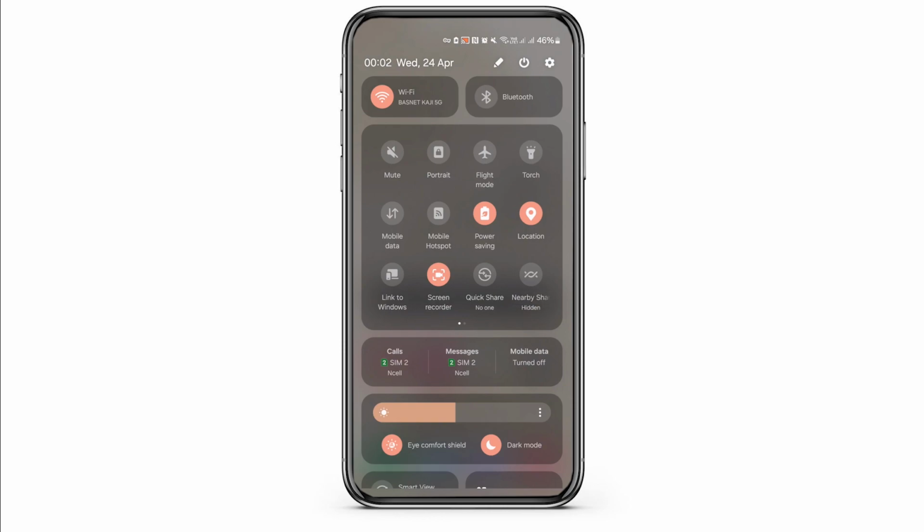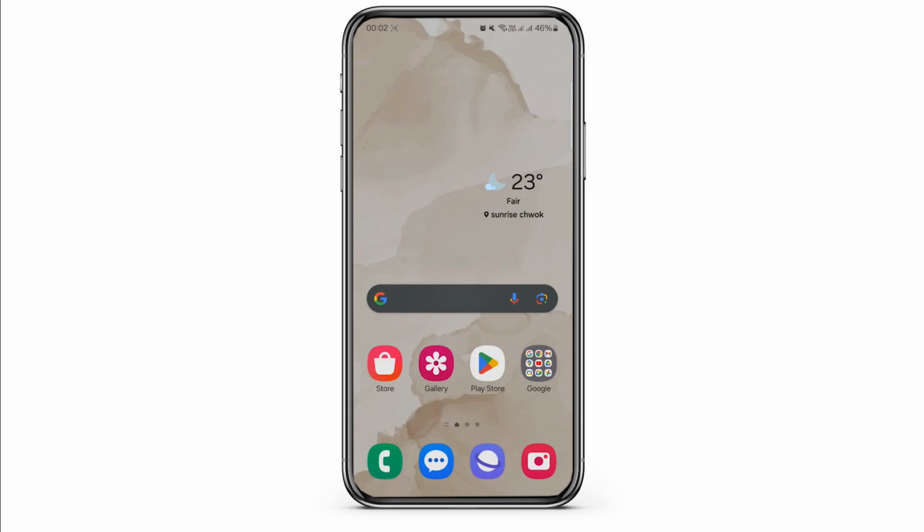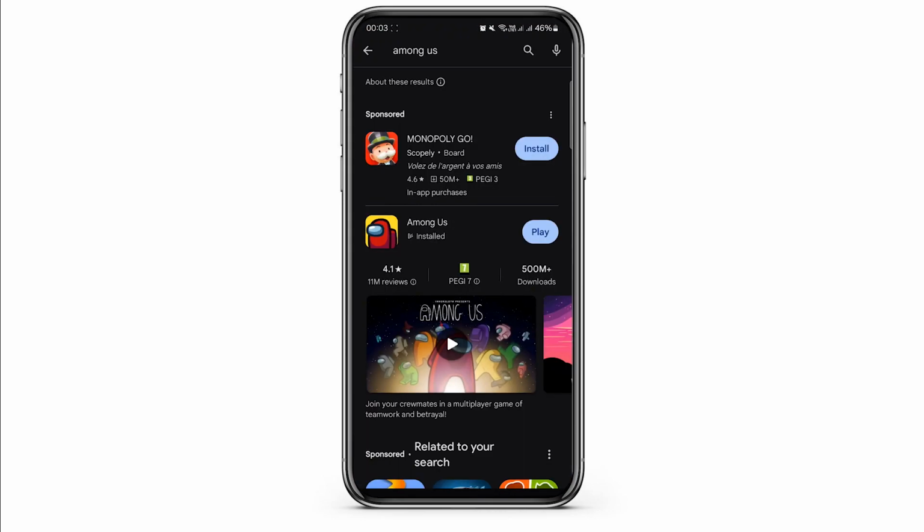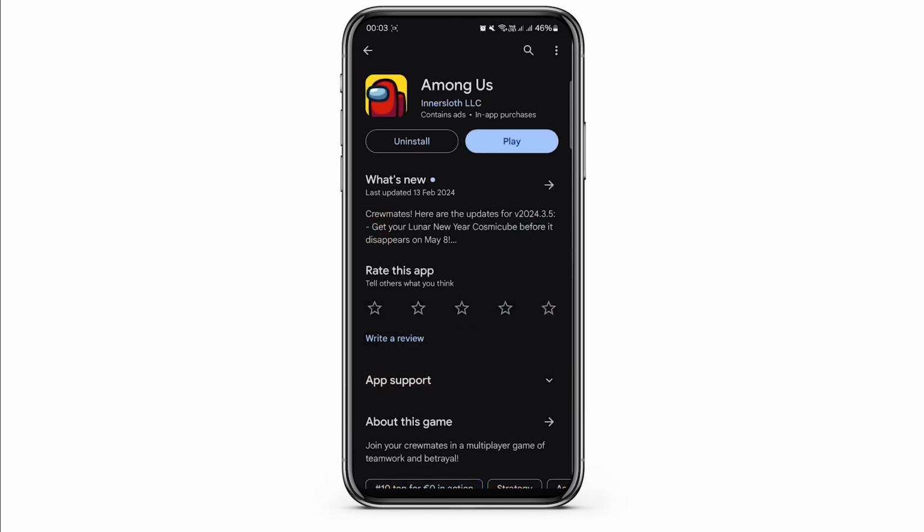To address the issue, try switching between your Wi-Fi and mobile data connections. If the problem persists, consider restarting both your Wi-Fi router and smartphone. Additionally, you can open the Play Store or the App Store to locate Among Us. Search for Among Us in the search bar, click on the app, and visit the official page to check for